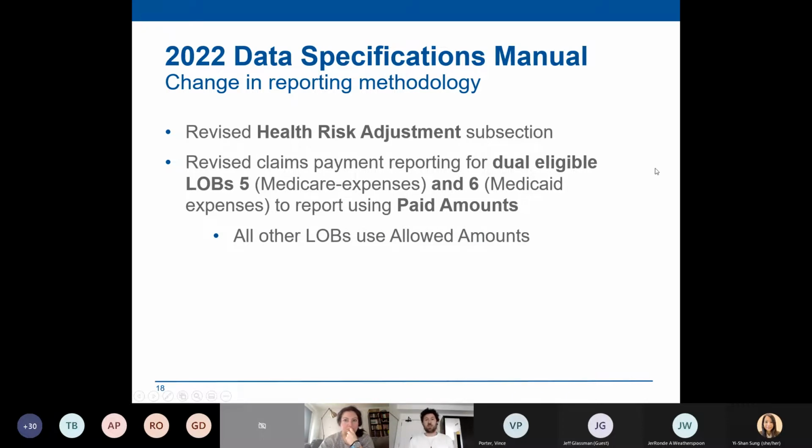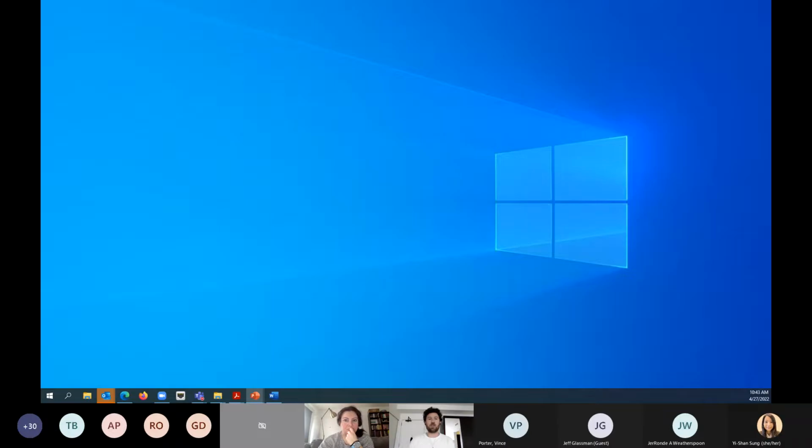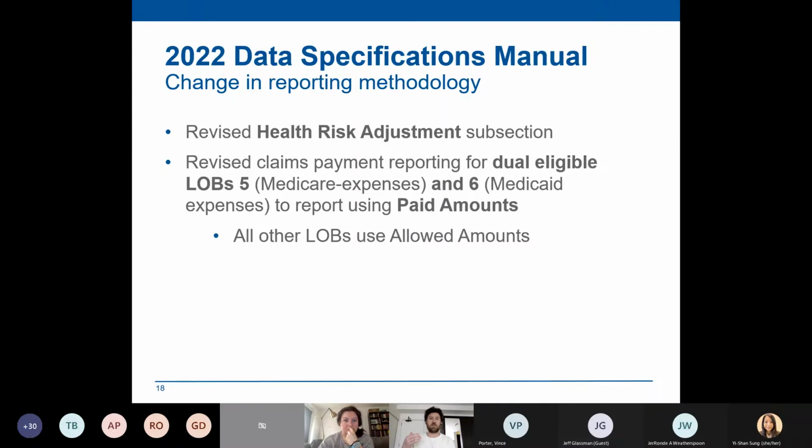Yishan just went through the template, which is where a lot of the actual nitty-gritty happens, but along with the template, we sent out the manual that gives all the instructions. So anything that changed in the template is obviously going to have a relevant section in the manual that changes. I'm just going to go through a few of those. We do have a lot more to get to, so I'm not going to belabor it and actually read the manual.